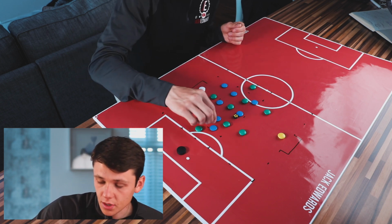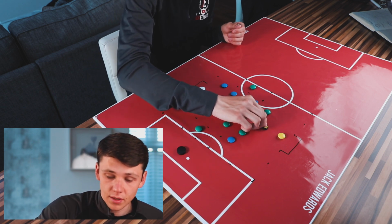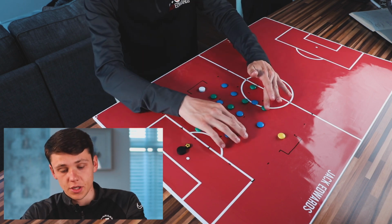So then can we get our support again? We might get a winger making a run inside, gets played straight through the middle of the pitch, and then we can score. So the focus on this is winning it in the middle of the pitch. So obviously